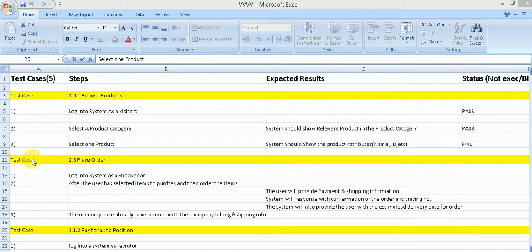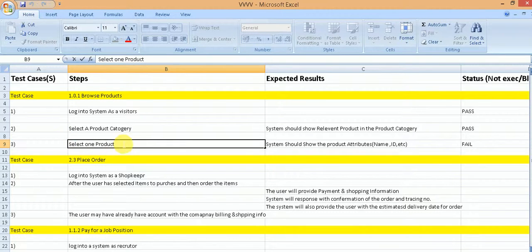Now in our example, after these we have to move on sequentially, so we have to execute the third step of the test case, which is select one product. So here this should not be blocked. Whatever product category you selected, it should show at least one product in that product category. So it says select one product. If you selected the smartphones product category, the system should now be showing a number of smartphones. So you just select one of those smartphones.